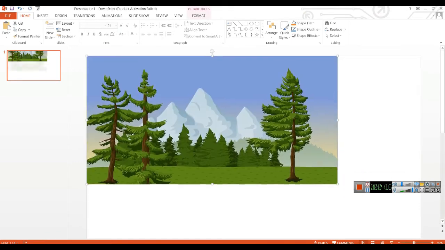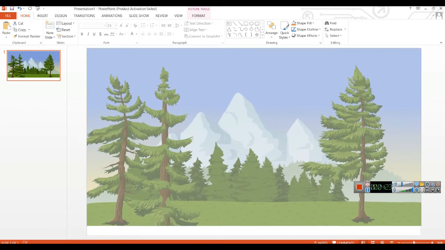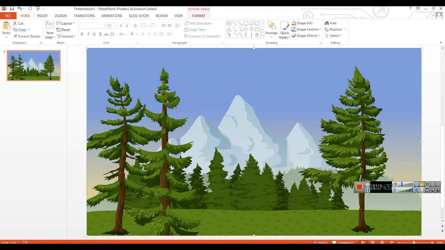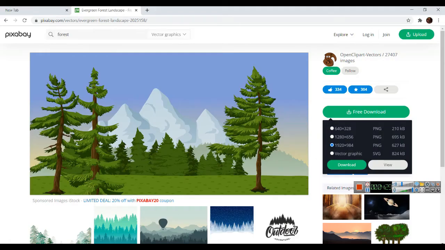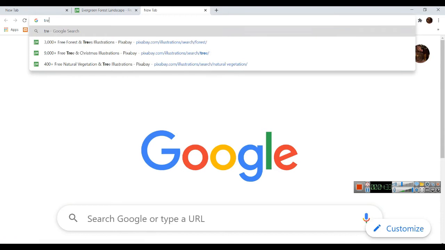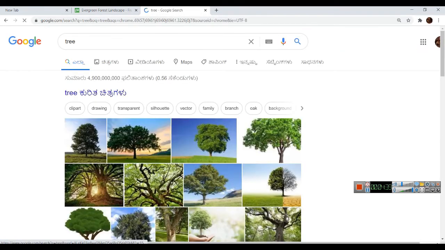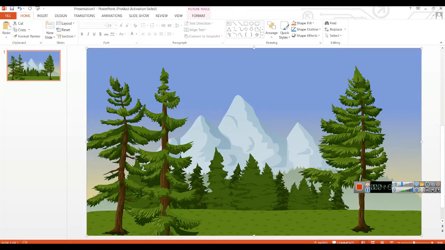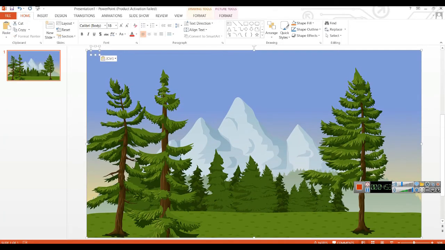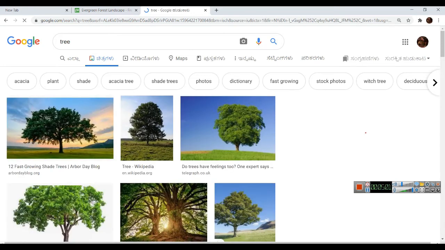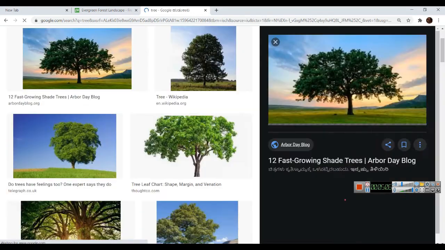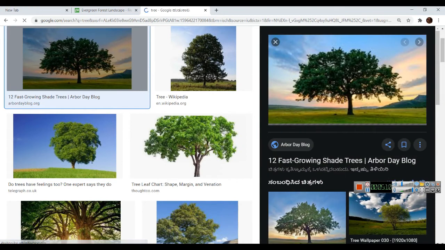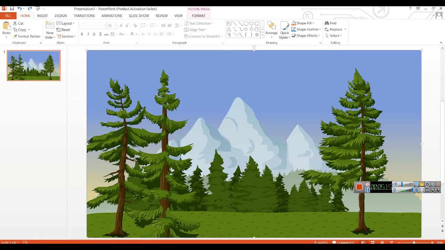So I can just drag this, and now suppose if you want to bring another tree here, right? Generally what we do is we'll go for Google search and just type tree and you get a tree here. So directly I'll copy this tree, copy image and go to PowerPoint presentation and then paste it. So the effect is, you go to copy image, click it here and the photograph will come here. So I'll go to copy image and then paste it here. So it's not pasting here.